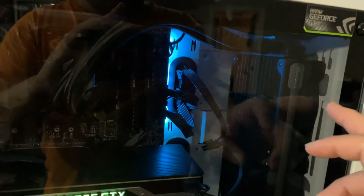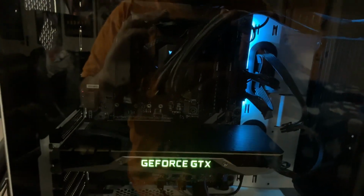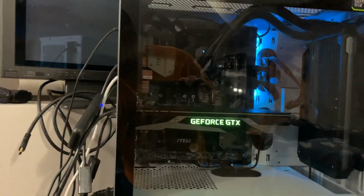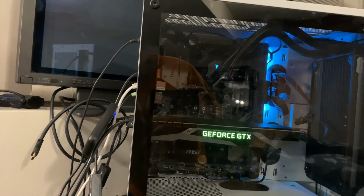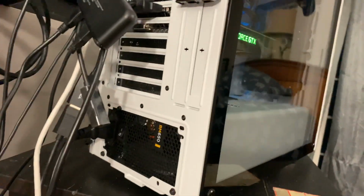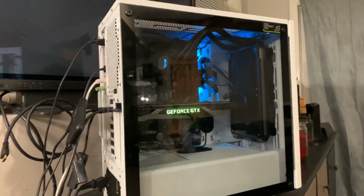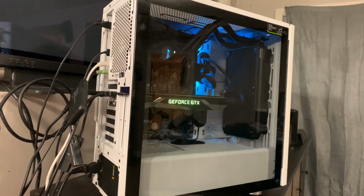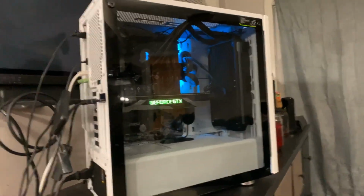This doesn't have any fans up top, but much to my dismay, this cooling system would not fit up top because of the way this motherboard is designed. And I'm not the only person to have problems with that, but I guess there's nothing I can do about that. Performance-wise, let me pull up my PC benchmark and get it over here for you, but that's it. The back, pretty straightforward. I would say for the price, it's not bad. It's not a bad case. You can really tell how thin the metal is in some cases, but for 60 bucks,